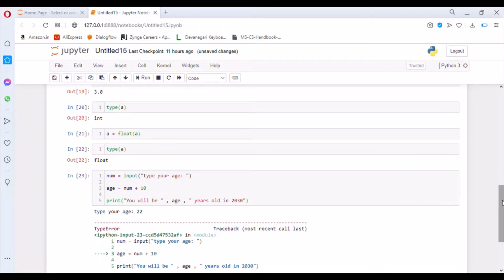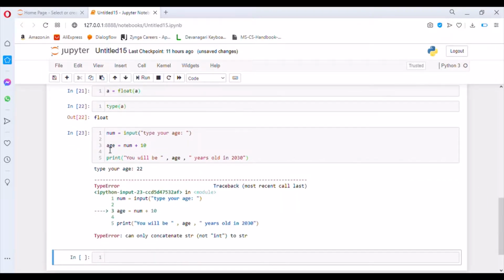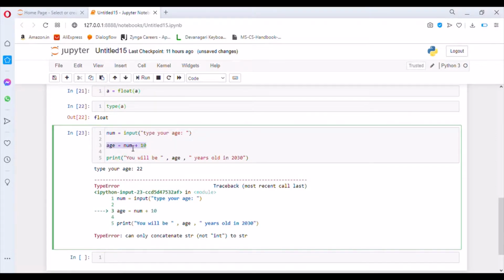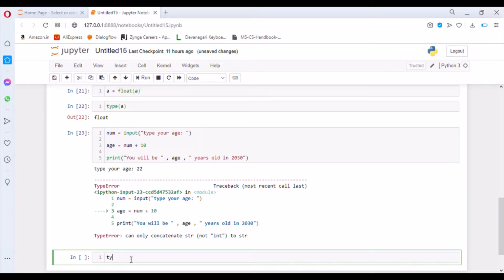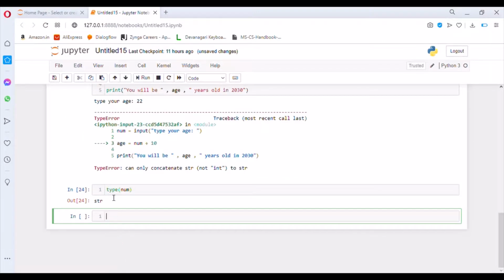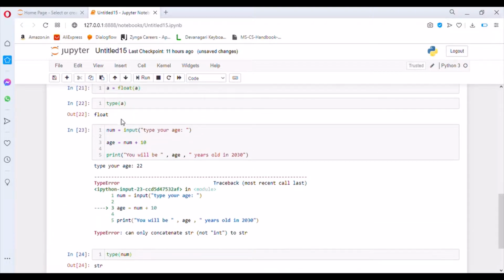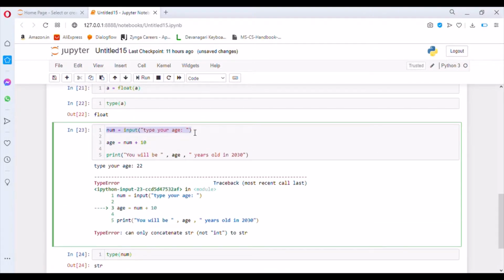We have an error. Why do we have an error? Because here we are trying to add a string with an integer. Let's check the type of num. Yeah, num is a string. Here the input entered by the user is a string. And now this variable age is trying to add a string with an integer, which is not possible. That's why we have an error.